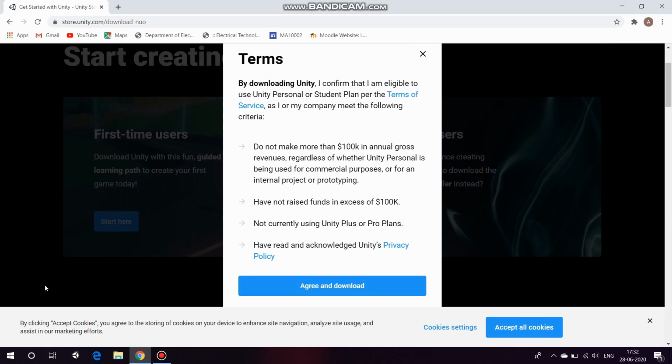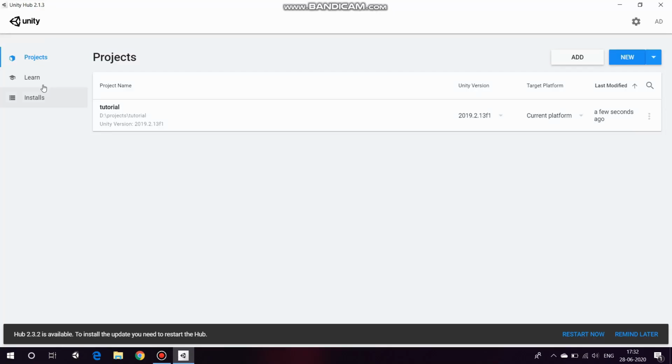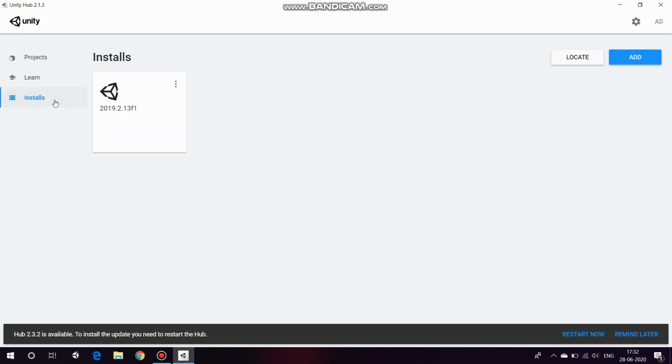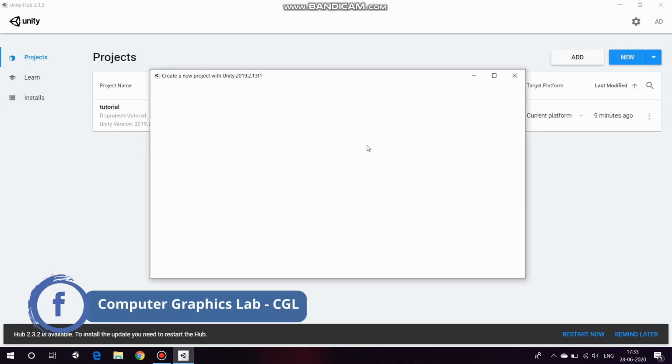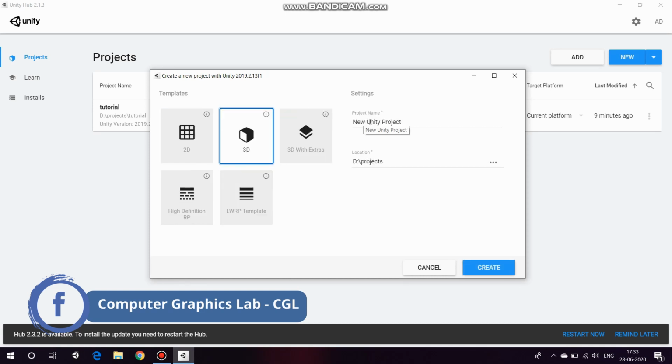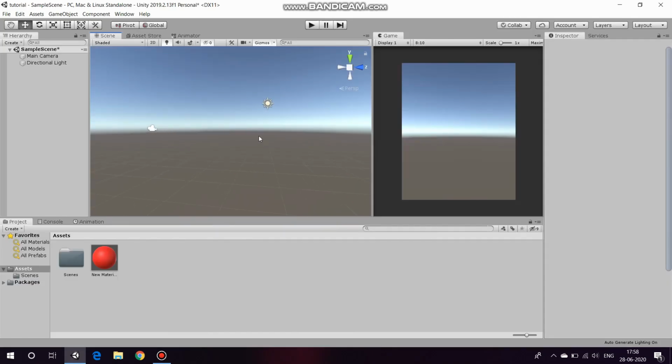Once Unity Hub is installed on your PC, launch the application. Next, you need to download your Unity editor. Click on the Install tab and then click the Add button to install the Unity editor. In this case, we have installed the 2019.2 version. Installing will take a while, so sit back and relax. After installing, click on the Projects tab and click the New button to create a new project. Give a name for your project and the location to be stored in. There are various predefined templates like 3D and 2D. You can select 3D for now. And now you are inside Unity.